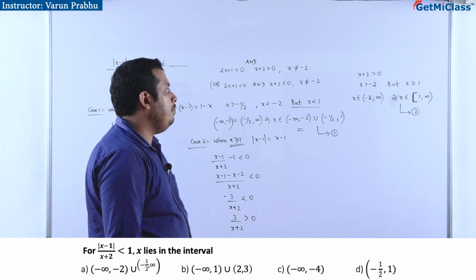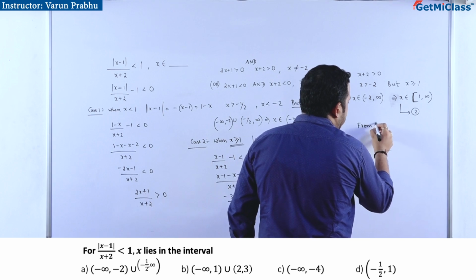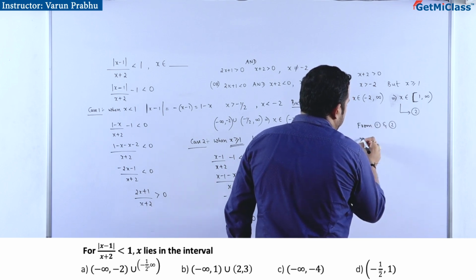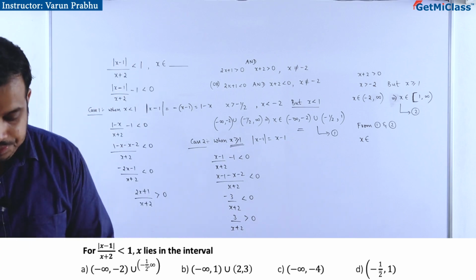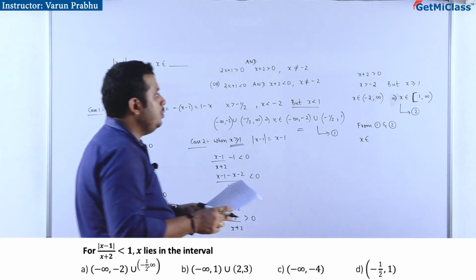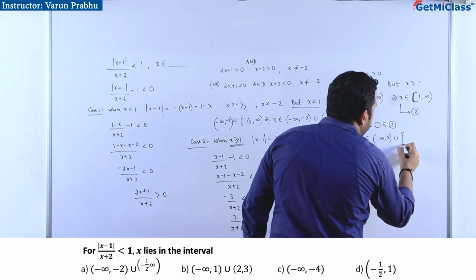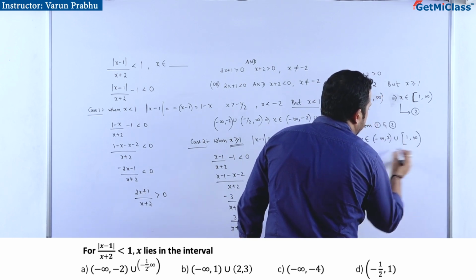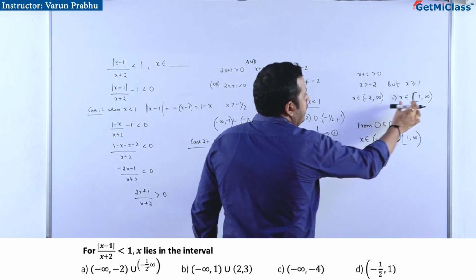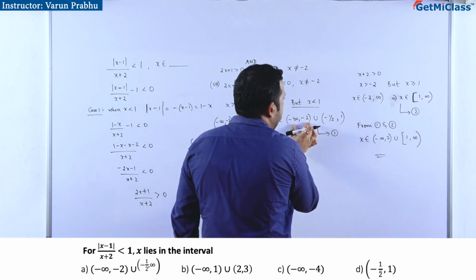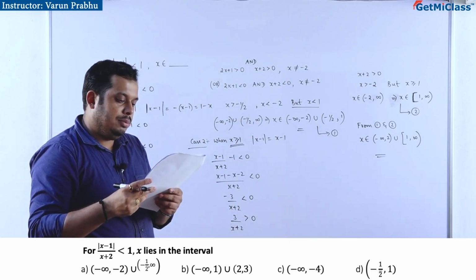So what you do, you club both. From 1 and 2, I can say that x belongs to minus infinity to minus 2, correct? Minus infinity to minus 2 union 1 to infinity. This is the answer to the question. Correct or not? So union minus half to 1 was there, now this is from 1 to infinity. So this part and this part put together will give you the answer to the question, which corresponds to the option number